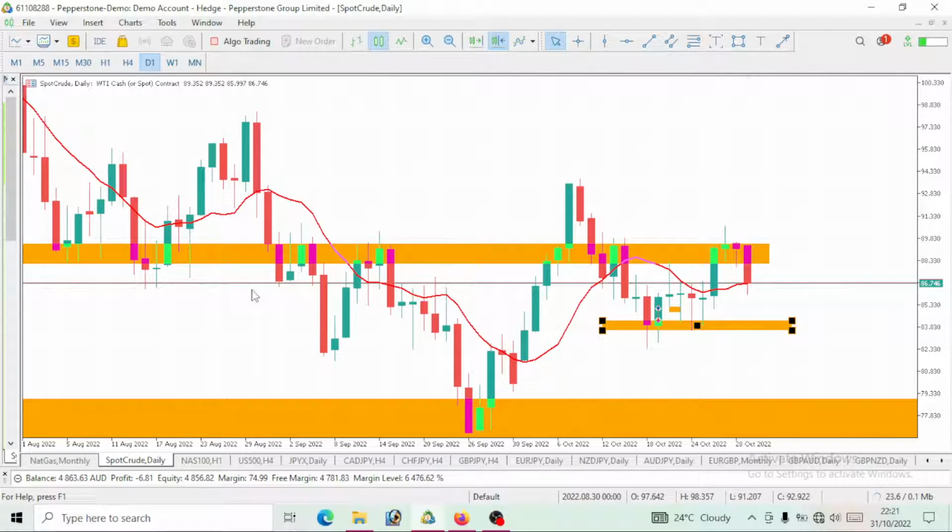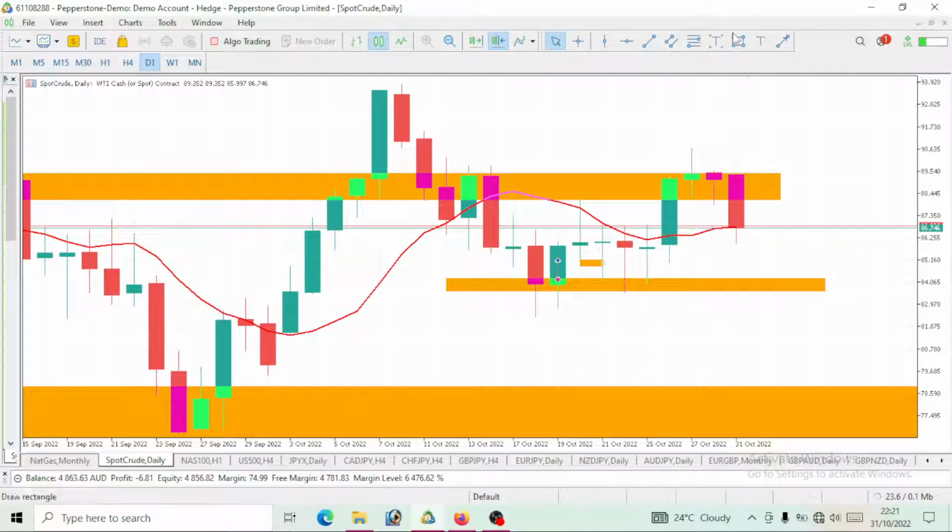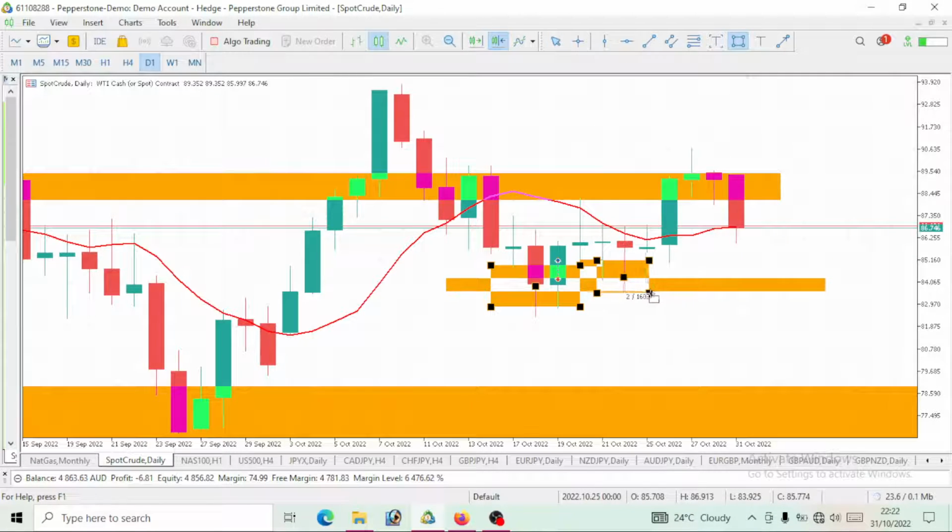Now you see that price has gotten to this level. We should see it drop further down to a level of $84. We saw price has reacted to this level multiple times. We saw it react here once before it pushes up. We saw it come to this level like 3 times before it pushes up again. Now we are seeing it dropping down, and the next level we can clearly see this WTI drop to is a level of $84. So have it in mind that on the first and second, we would have this bearish move on WTI crude oil down to a level of $84.